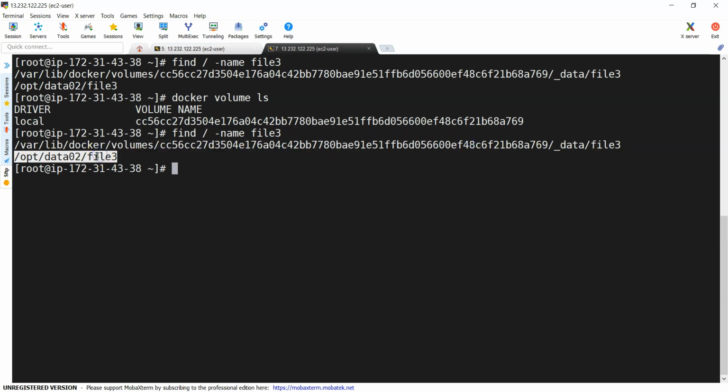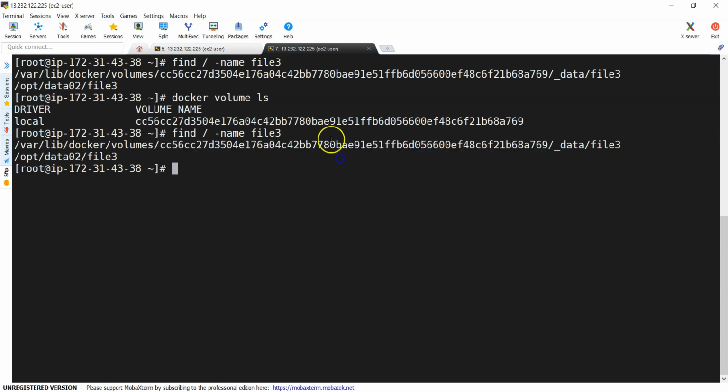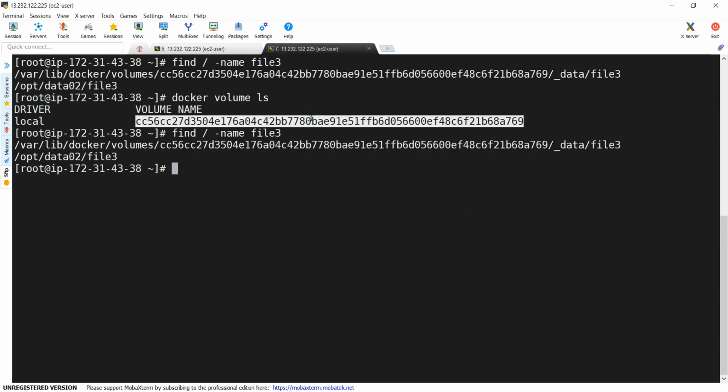You can see another file. I created one more file in my Docker host some time back, so you can ignore this one. This is how anonymous volumes work. But if you see the random name, you don't know which container it is mapped to. Assume that I have 10 volumes like this. I don't know which volume is mapped to which container.